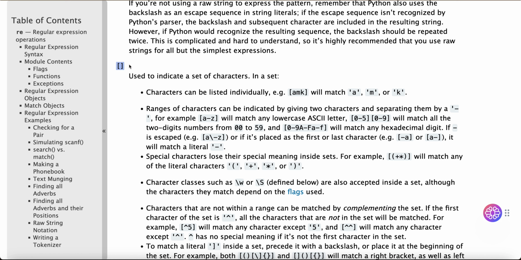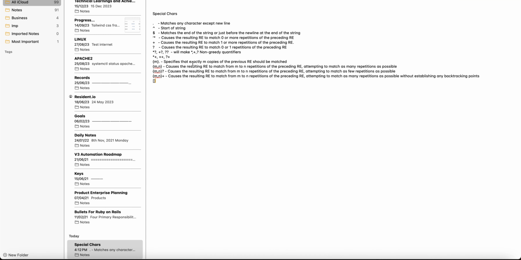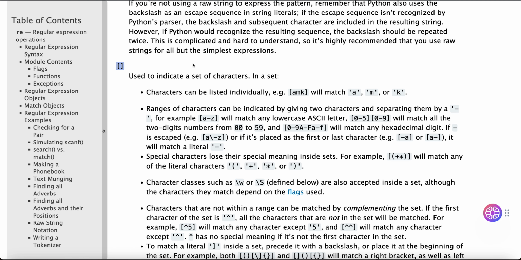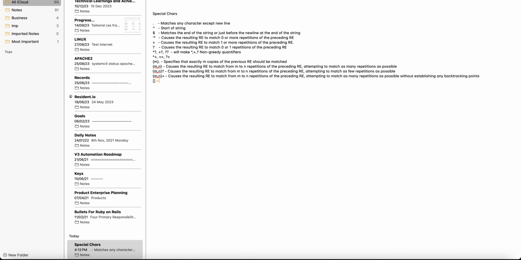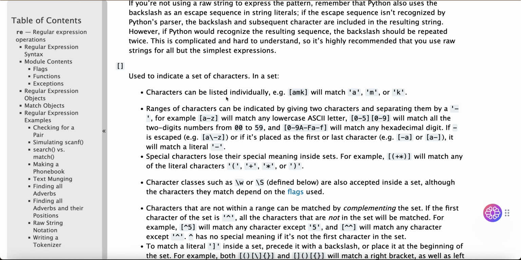Square brackets are used to indicate a set of characters. Characters can be listed individually. For example, [amk] will match a, m, or k. Ranges of characters can be indicated by giving two characters and separating them by a hyphen. For example, [a-z]